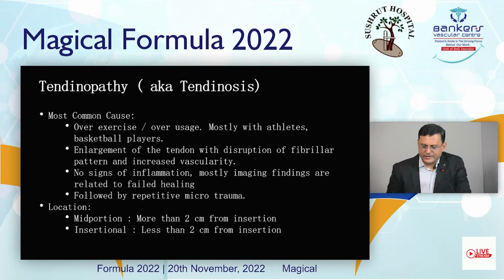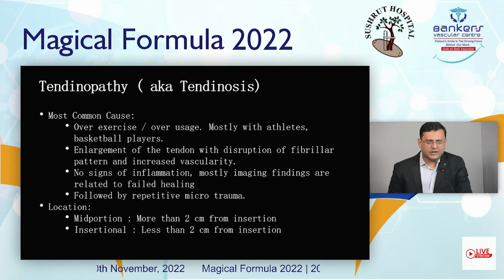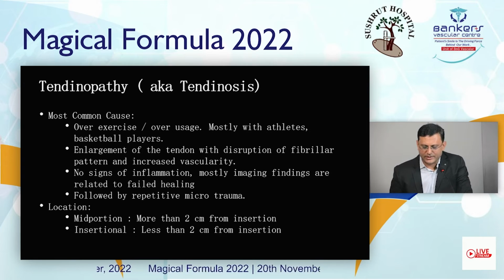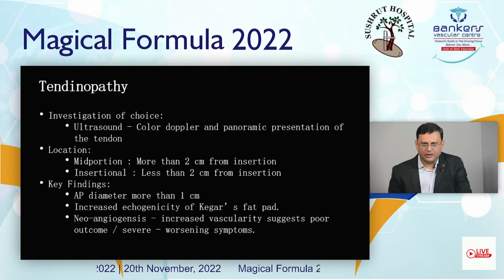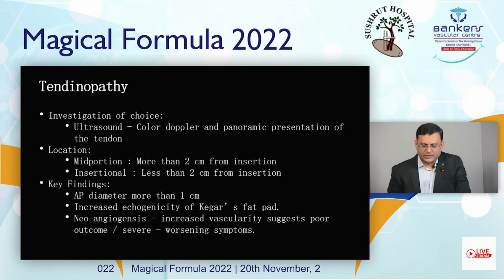And this is one reason why ultrasound even scores over MRI for evaluation of Achilles tendinopathies, because MRI does not show the loss of normal architecture of the tendon as well, which is better seen with the help of ultrasound. We also need to see the location of the abnormality, whether it is insertional, that is around the last 2 centimeters of the tendon, or it is pre-insertional or in the mid part of the tendon. So as I said, for tendinopathy, the investigation of choice is ultrasound with color Doppler, which gives us details about